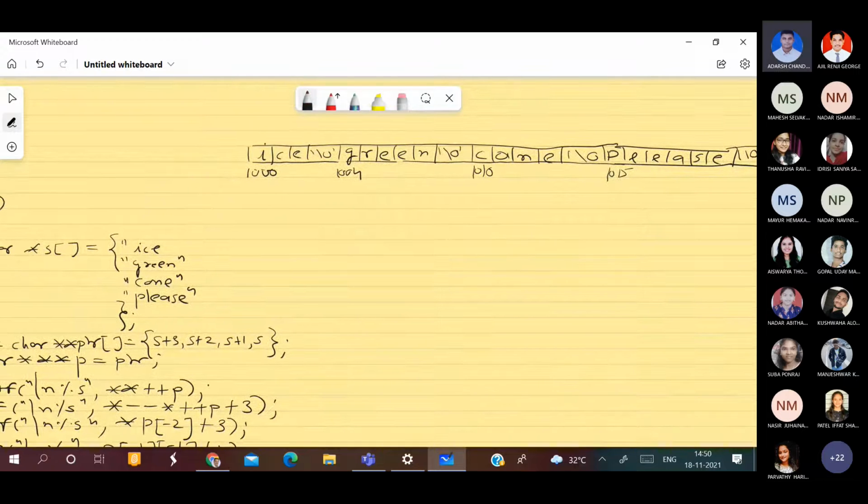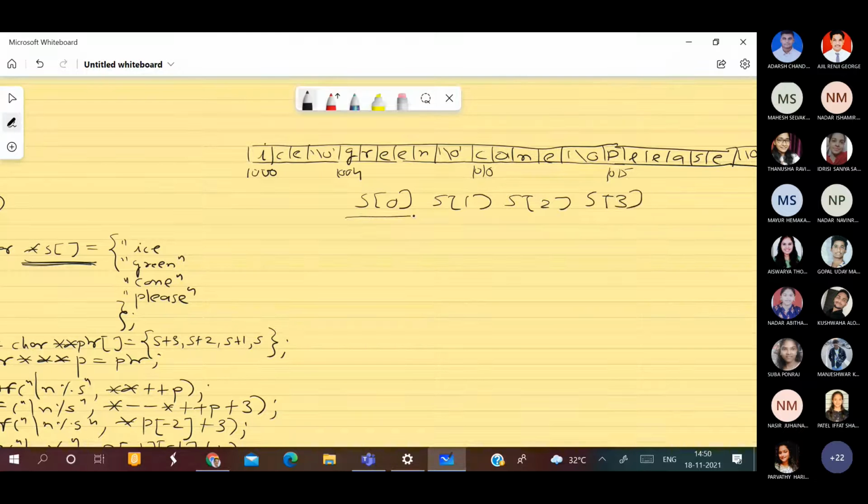Yes, sir. Now look at your first line. This says star S. This is going to take the addresses of these words: the address of ice, green, cone, and please. So I'm having one array S0, S1, S2, S3, and this is taking the addresses of these four words.